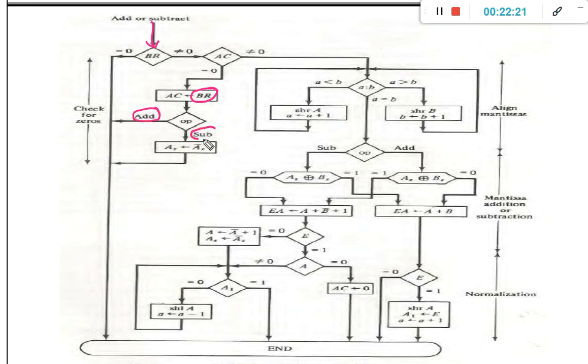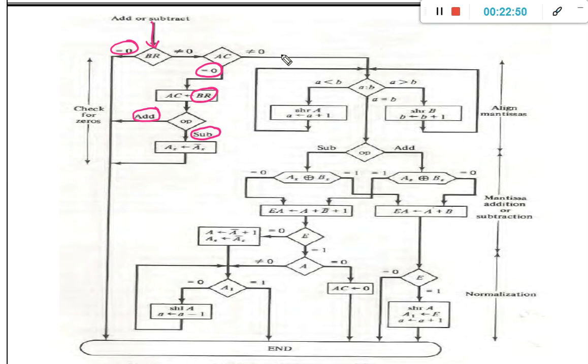If it is a subtraction operation, then change the sign bit to the complement of A's sign bit. Okay, so that we need to perform. Okay, so these are the special cases. What are the special cases? You need to check whether BR is equal to 0 or AC is equal to 0, and then perform accordingly.